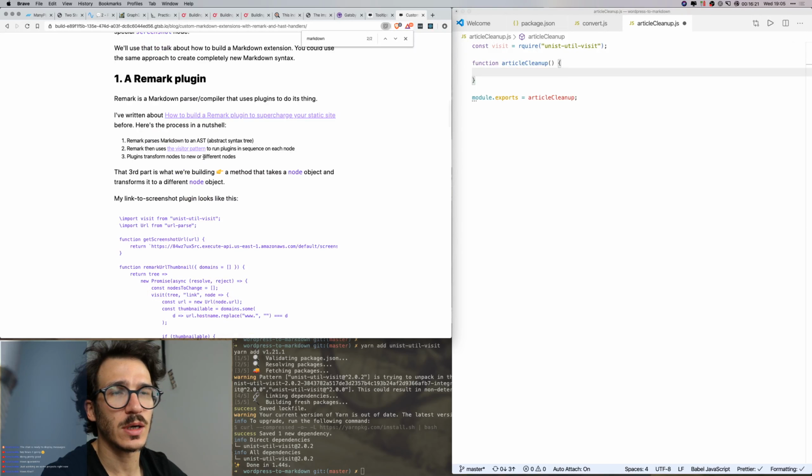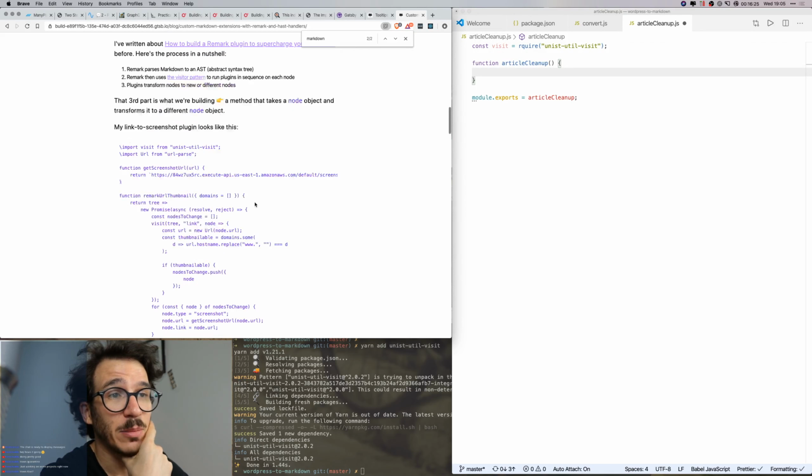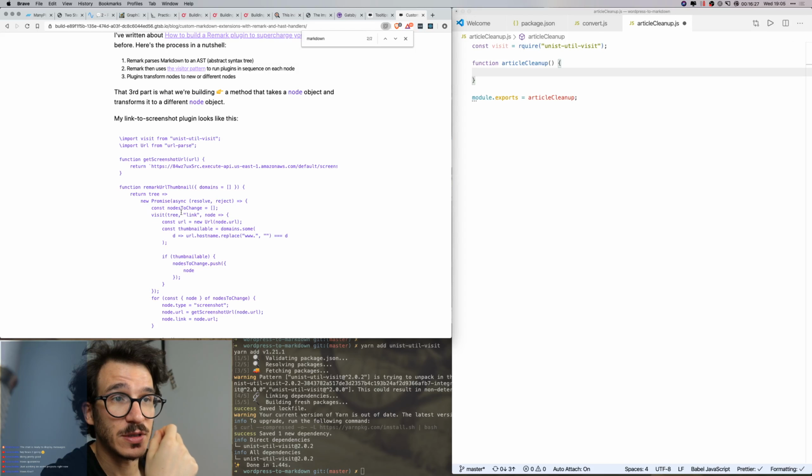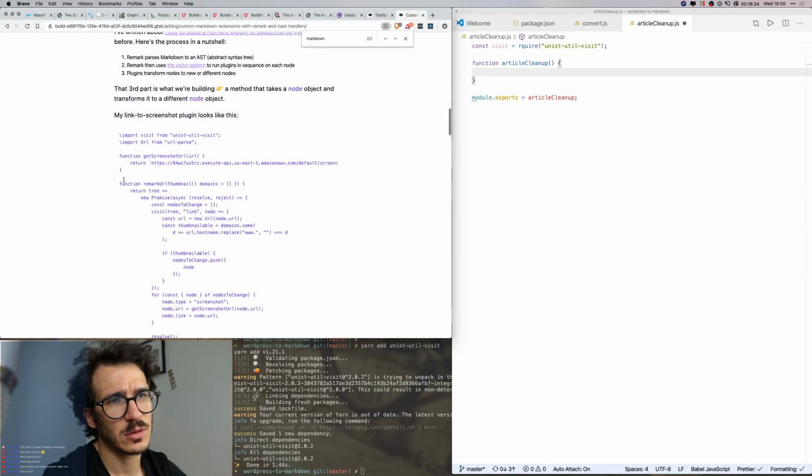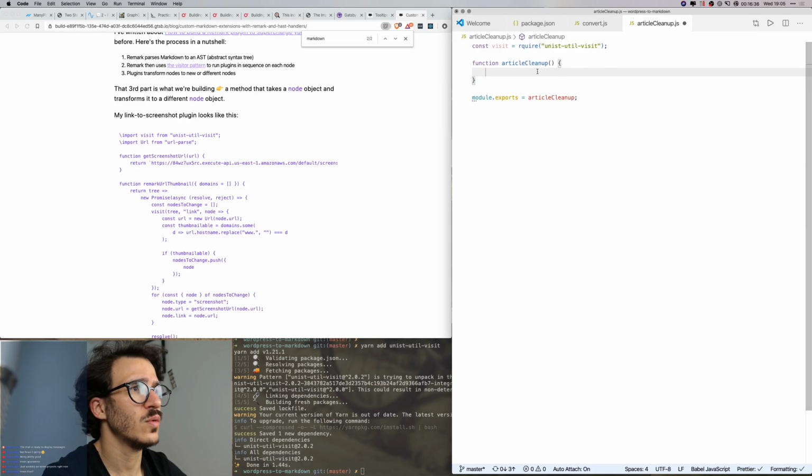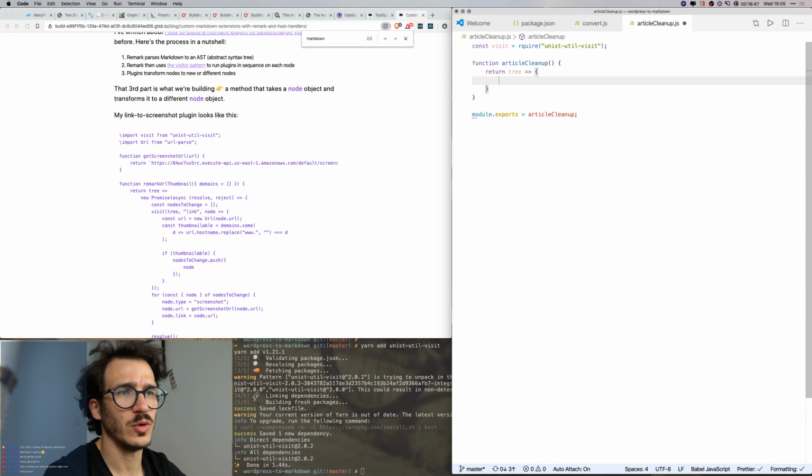So this is why I need to fix syntax highlighting in my articles on the new blog, because this is very silly. Oh, I get mark URL thumbnail. So I need to return a 3, and that 3 is going to be a function that is going to do stuff. So we get the 3, then in the 3 we are visiting every, let's see,